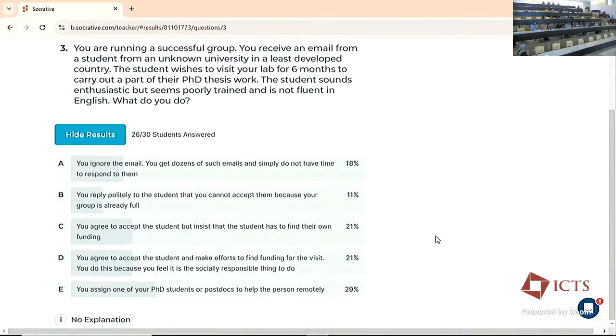But just one thing to what you're saying, it's often not a question of funding, of course. It's a question of office space and accommodation and visas and many other issues. So there is a lot of effort that one would have to spend in hosting a student. And perhaps in the case of experiment, there's always at least a positive benefit to having any student around, whereas that might not necessarily be the case in theory, where it might be beneficial for the student, but not necessarily for the group. So it would be very nice if we could have more things, but maybe morally one should do C or D, but I don't know how we would do it.